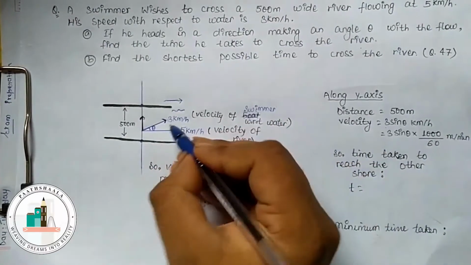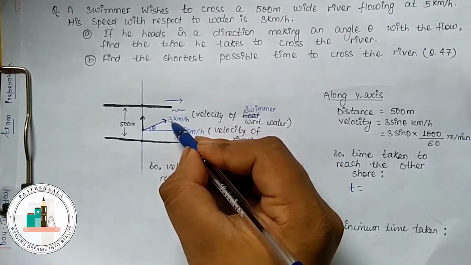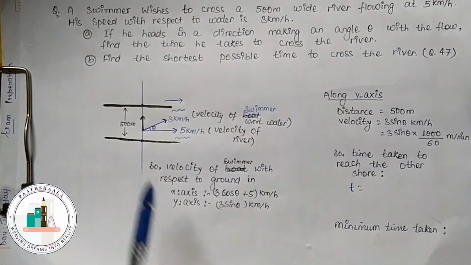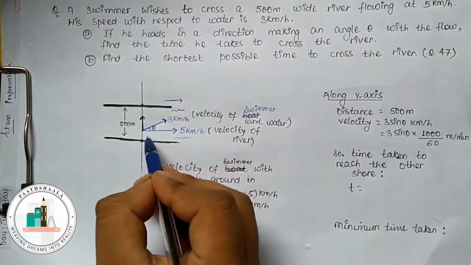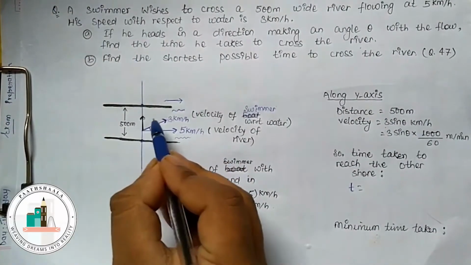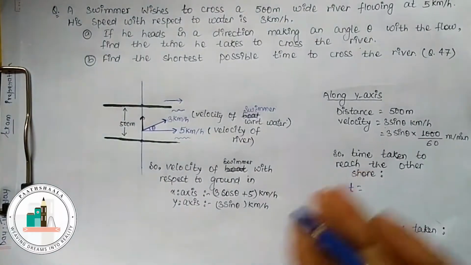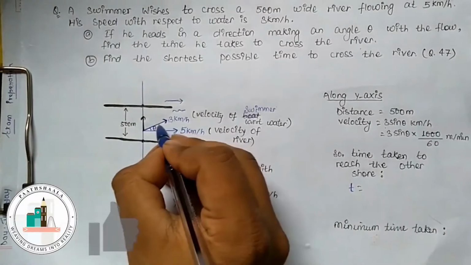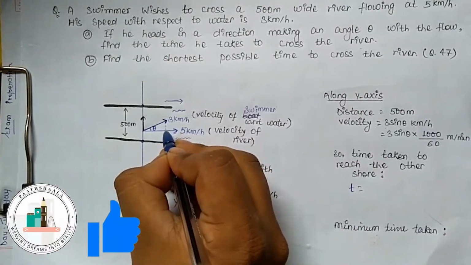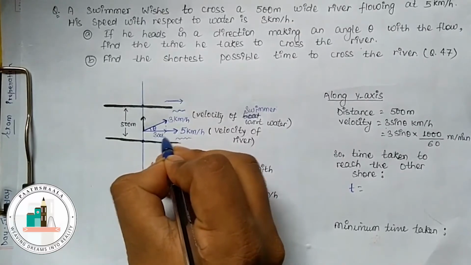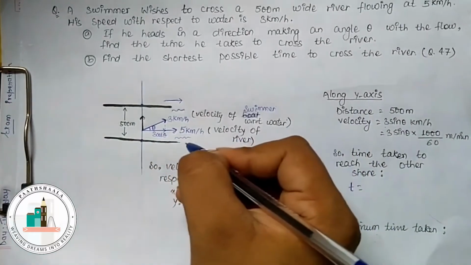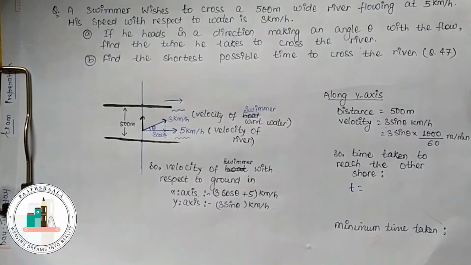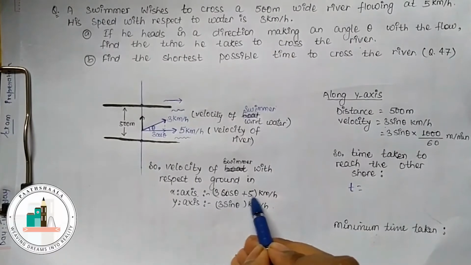Now if we break the velocity vector of the swimmer into x-axis and y-axis components, we will get these values. Suppose this 3 km per hour will be broken into 3 cos theta and 3 sin theta. So the velocity of the swimmer with respect to ground along the x-axis will be 3 cos theta, and the velocity of the river will also be 5 km per hour in the x direction. So the resultant velocity of the swimmer with respect to ground will be 3 cos theta plus 5 km per hour,